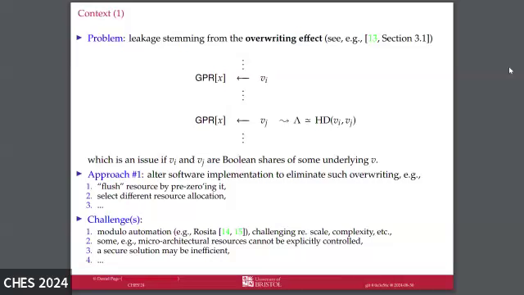The second challenge is that you can't actually access all the resources that you might want to. So overwriting happens in architectural resources like the register file, but also microarchitectural resources that you don't have direct control over. This can be difficult, therefore, to solve the problem, at least in the same ways. And then finally, there's the issue of efficiency. Even if you find a solution that's secure, the actual overhead of doing this potentially is at least unattractive. It can build up.